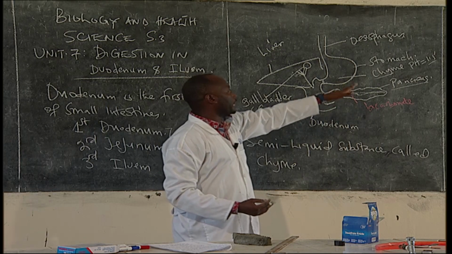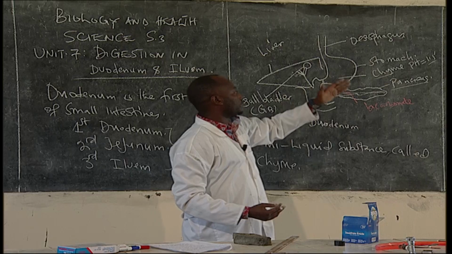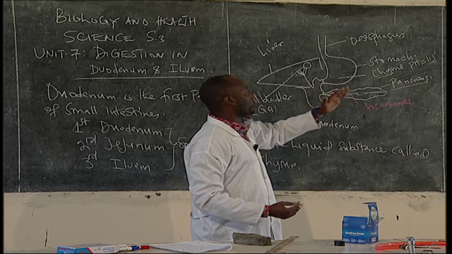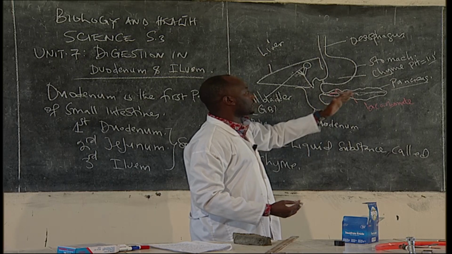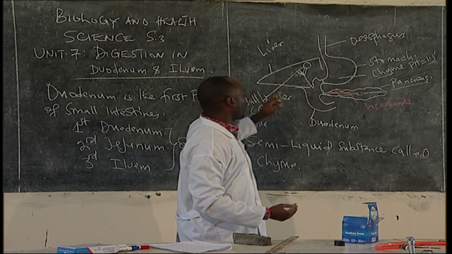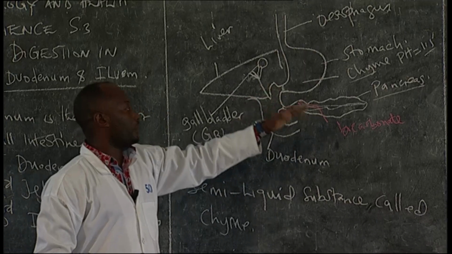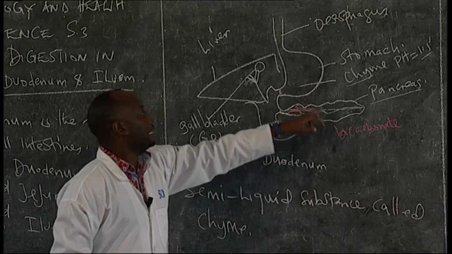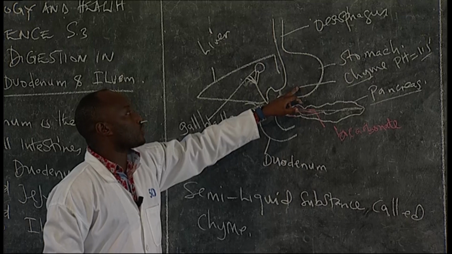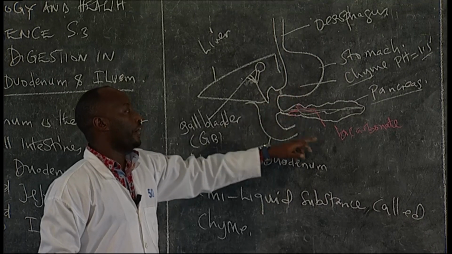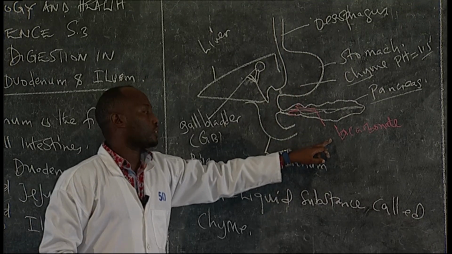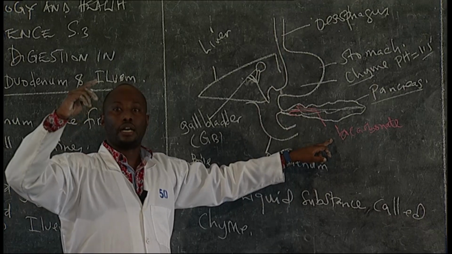I mentioned these pancreatic enzymes. We have amylase, pancreatic amylase, which breaks down starch. We have protease, which breaks down proteins. We have lipase, which breaks down fats. And we also have bicarbonate, which is also released by the pancreas, which is very important to neutralize the pH of the chyme, which is 1.5, to a neutral pH, which is 7,